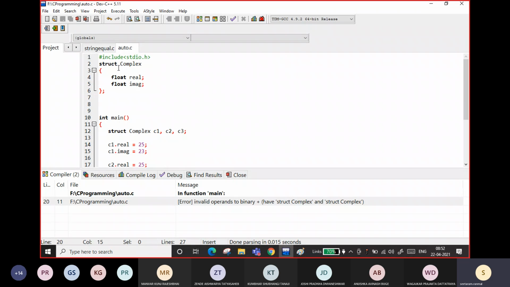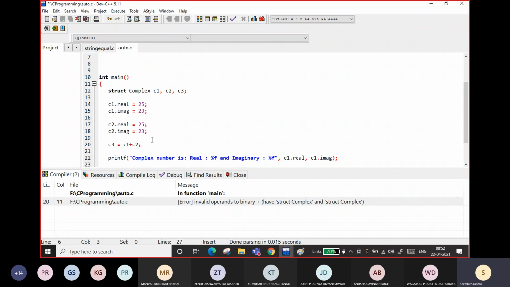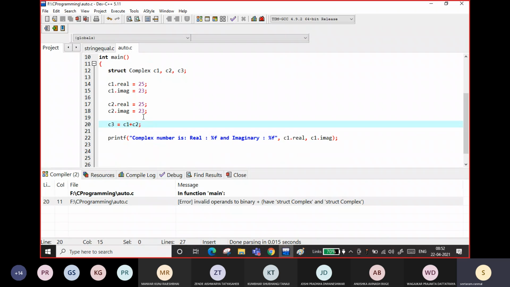Because this is your own data type. Computer understands only the operations on the basic data type. Therefore, you could not do C1 plus C2. Whenever you want to do operations on these variables, you need to define your own functions, which will do that.